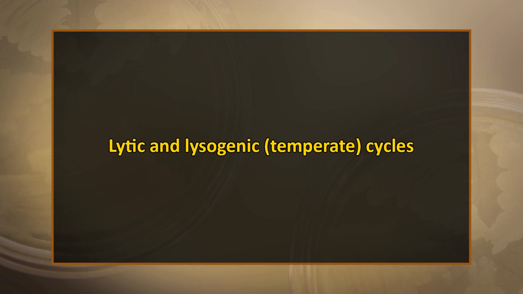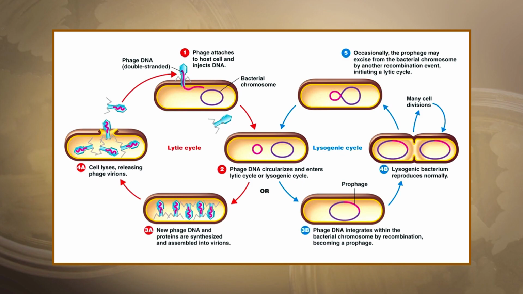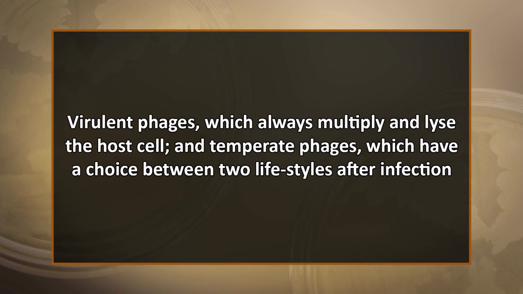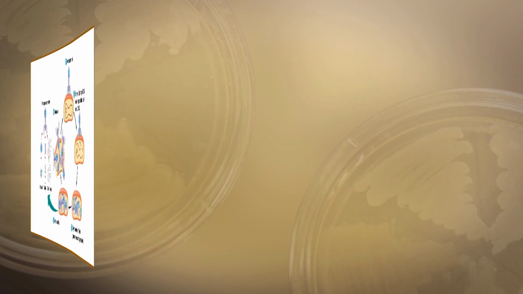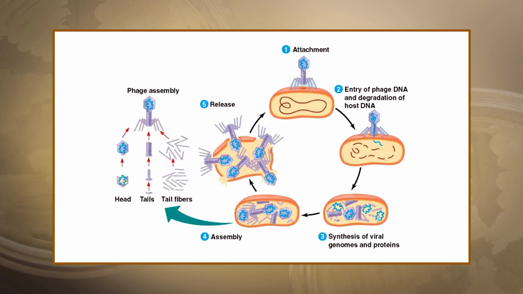Now coming to lytic and lysogenic cycles. Transduction happens through either the lytic cycle or the lysogenic cycle. Based on their interactions within the bacterial cell, bacteriophages are classified into two types: virulent phages, which always multiply and lyse the host cell, and temperate phages, which have a choice between two lifestyles after infection. They can either enter the lytic cycle, during which they reproduce and lyse their host cells just like virulent phages,